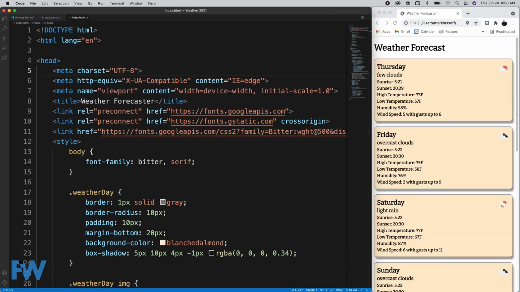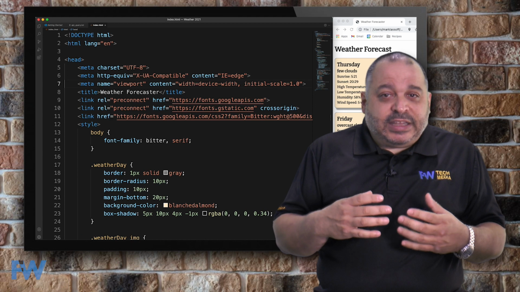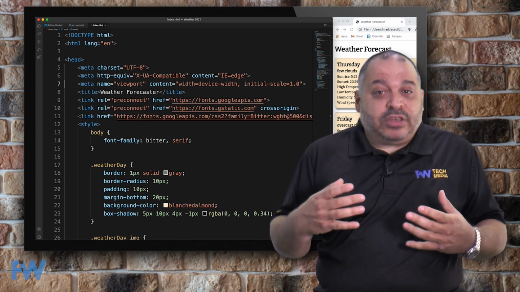First off, we have our meta information. We have the character set that we're using, which is UTF-8. We have what's called an X-UA-Compatible meta tag for old Internet Explorer browsers. Probably don't really need that one anymore. And then we have our viewport meta tag on line 7. The viewport meta tag simply declares that our viewport is going to be the width of the device, and the initial scale is going to be 1.0 or 100%. We're not going to magnify or minify the content. We're going to display it at 100% magnification by default.